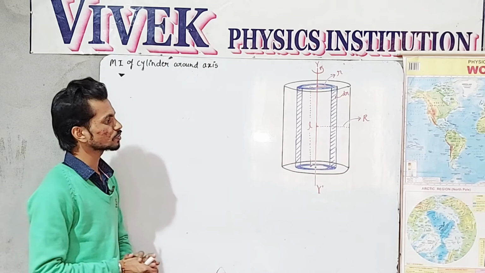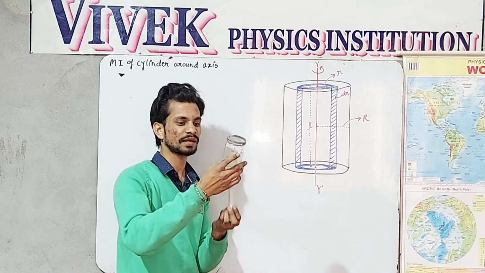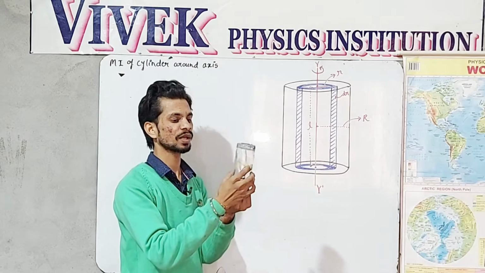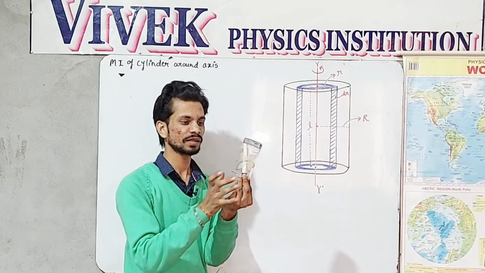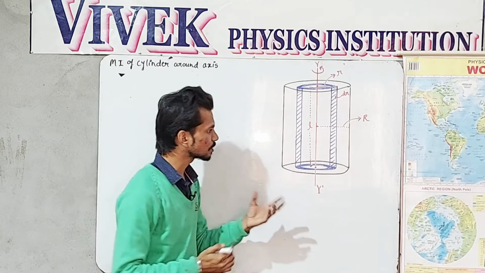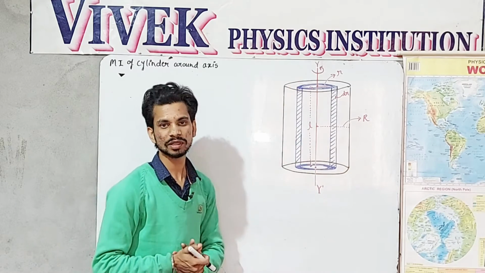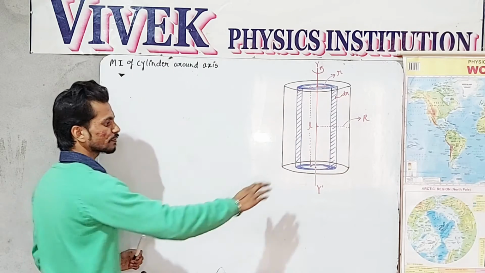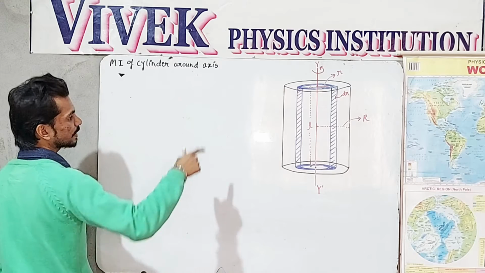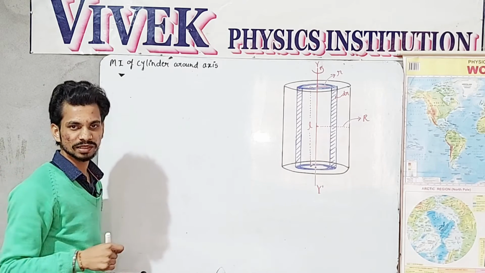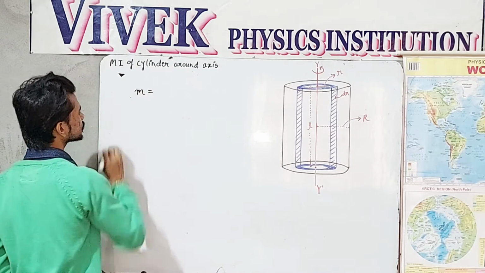Okay, so when we rotate this complete cylinder like this, around this axis which is nothing but its height, then what will be its moment of inertia? Generally this cell will also rotate when the complete cylinder rotates. So first of all I am finding the moment of inertia of this blue cylindrical cell around the axis y dash. To find the moment of inertia of this cylindrical cell, first I will find its mass. So what is the mass of the cylindrical shell?